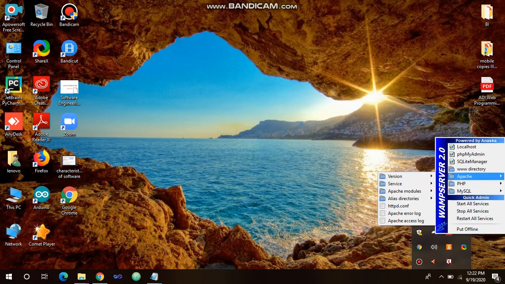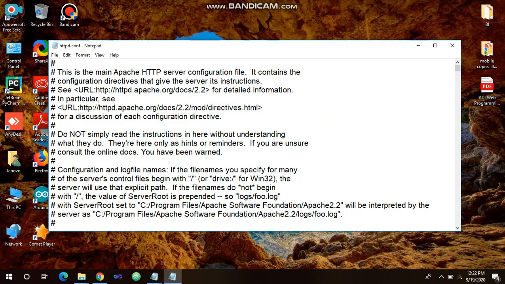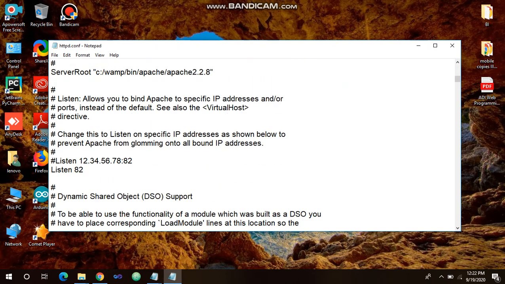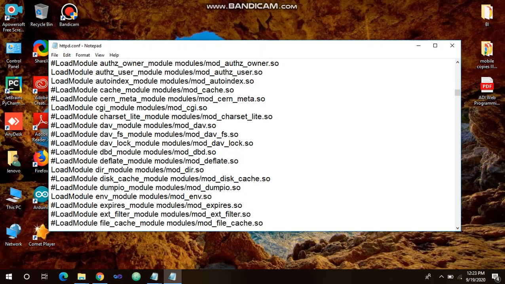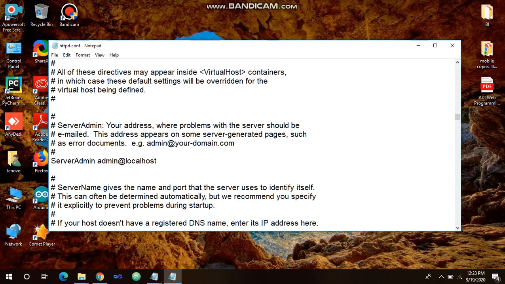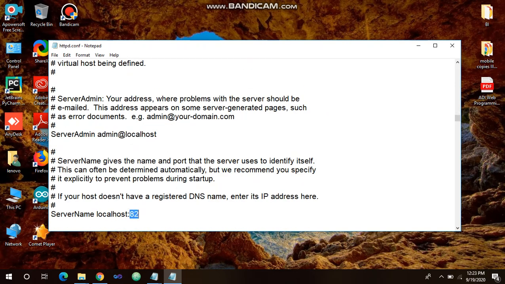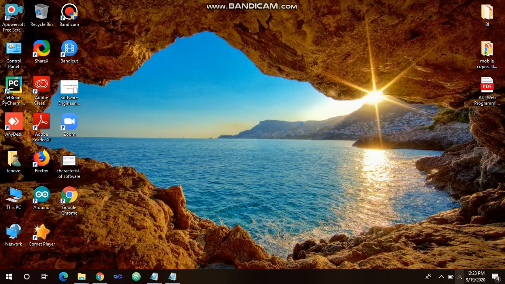How you will check? Go to Apache, go to httpd.conf. So here I have already changed the port number. So at 3 places you have to change this number, that is 82. Don't change all values, just change the last two digits, make it as 82 or 81, right? Then you can see that there are 3 changes at 3 places you have to do. Then if it is already changed to 81 or 82, it is okay, but just check before running the program. Okay, then you have to start your server.